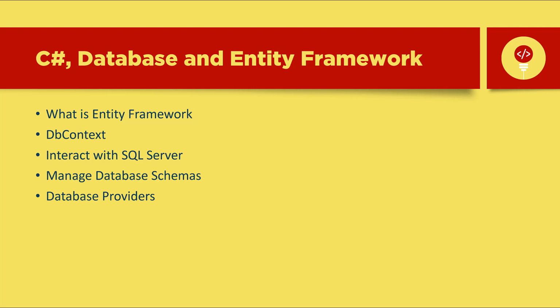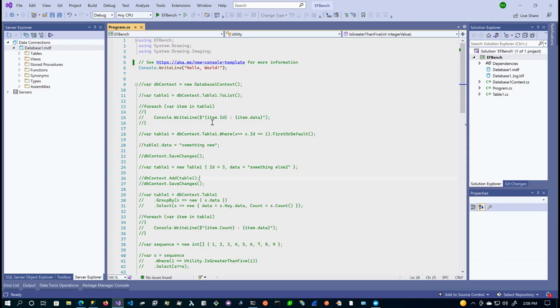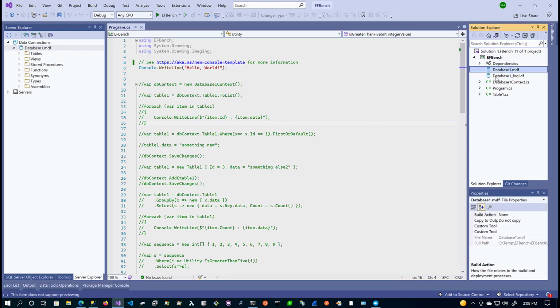We'll do a quick review of what Northwind is and its structure, so we can use Entity Framework. I will put a link in the description so you can follow along. That's it. Let's begin. Here we have our Visual Studio project we created in Part 1 and our file-based SQL